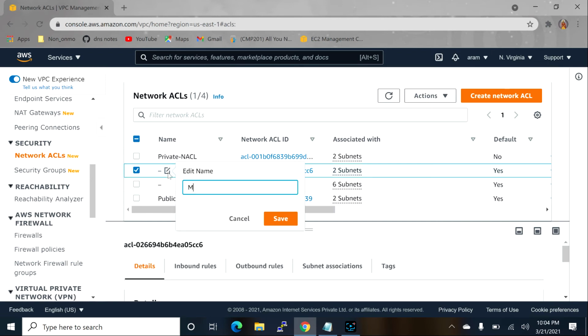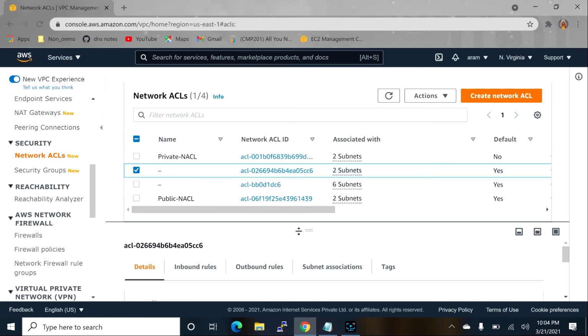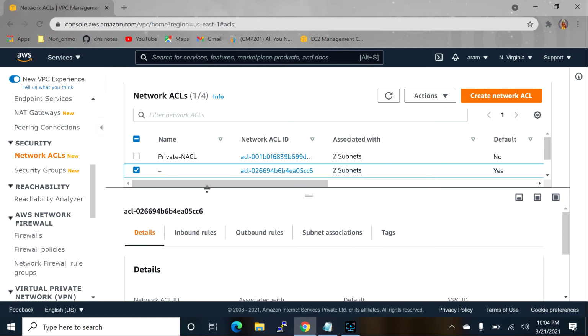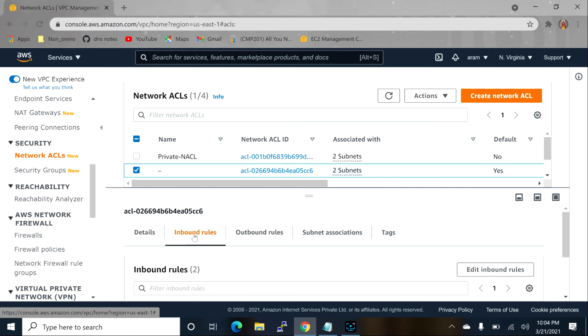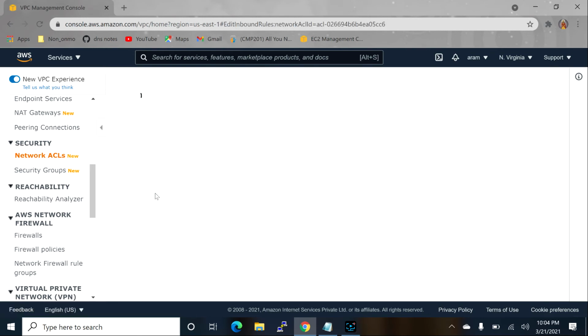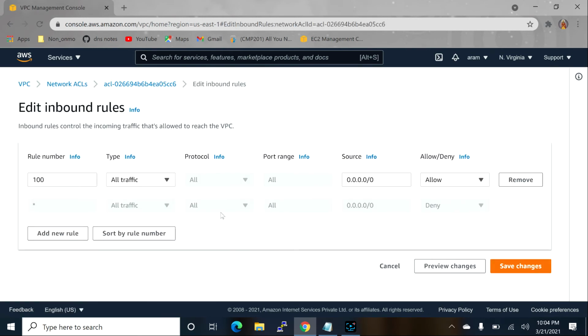Okay, my VPC NACL. Okay, so in the NACL we have inbound traffic as well as outbound traffic. So check inbound traffic. See here. Okay, so we have only one rule, rule number 100, we are allowing all. Okay, mostly at the organization level we are not opening with this rule.